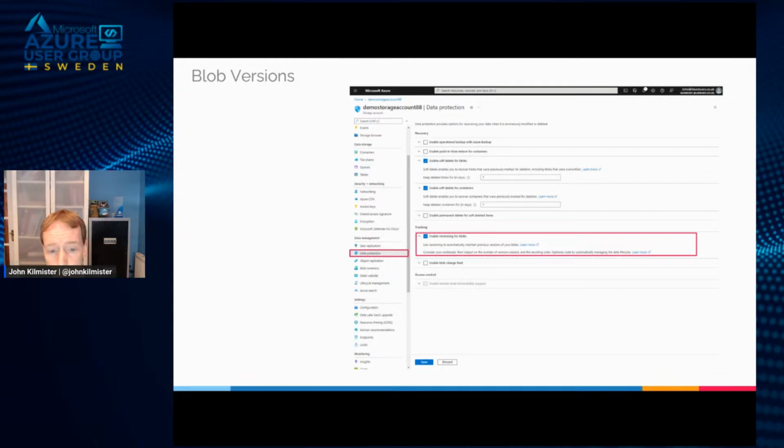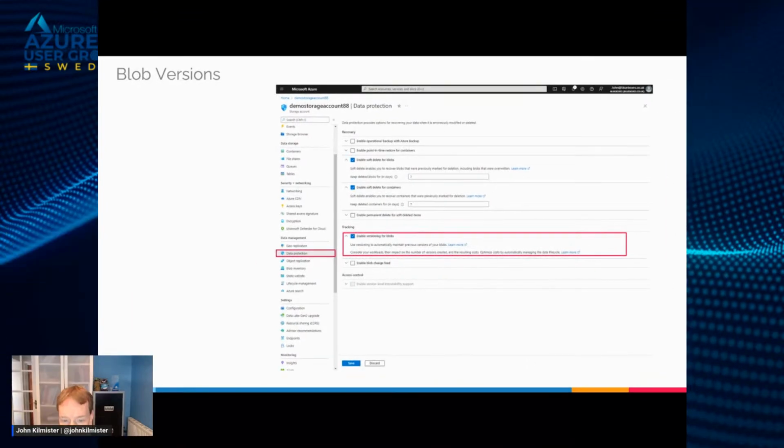So, okay, we've replicated the blobs, and in a hardware outage, we have a way of getting it back. But what about people overwriting our blobs? What if they upload a blob and realize, oh, I've just gone and deleted a load of data by overwriting it? Well, we can enable blob versioning. So blob versioning will create a version every time you upload the file. It will create you a new version. And if we think right back to the beginning when we talked about the blob types, it is only doing a delta of the different blocks behind the scenes. So we're only paying for the difference in the blocks.